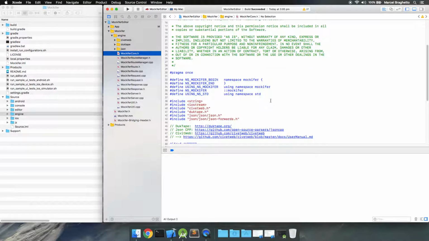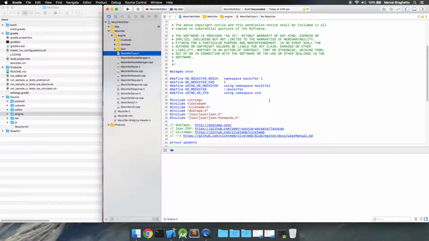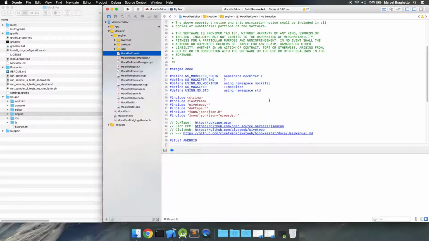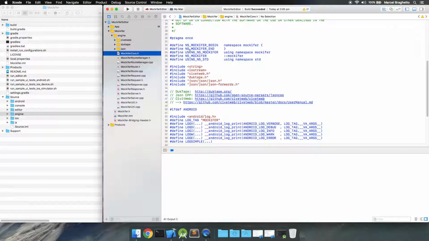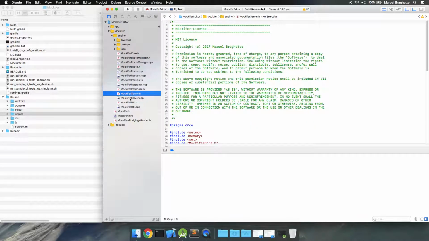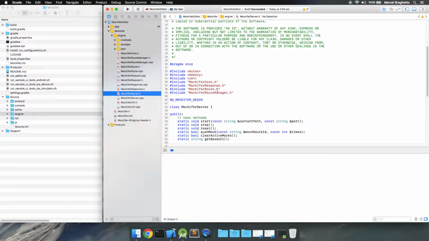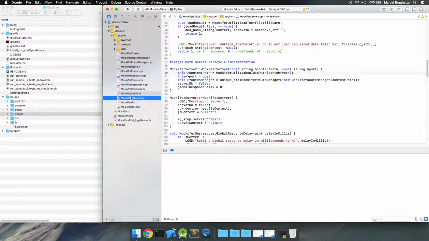I'm going to go through this pretty quick. It's really just to get a sense of what's going on. This is just a few common things that are used within the Mockifer library, a couple of namespace setups, that sort of thing. But the server itself is where all the action happens. Don't really need to know about the header so much, but in the server implementation, whoever is creating a new instance of the Mockifer will have to pass in the content path, which kind of resolves to that